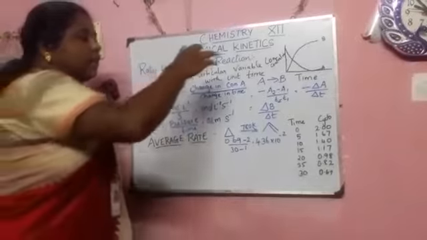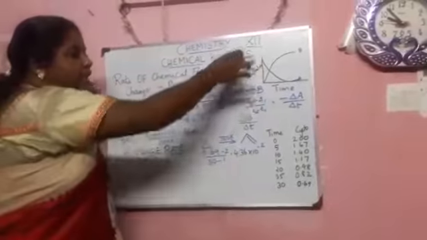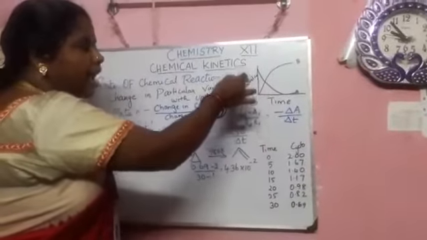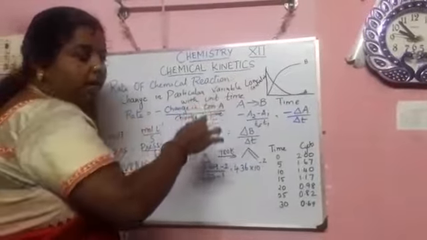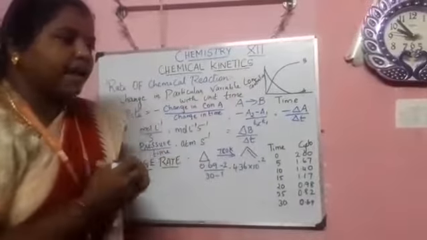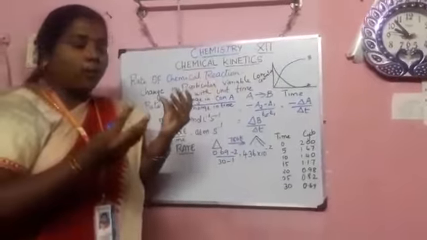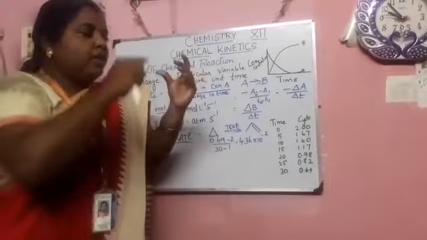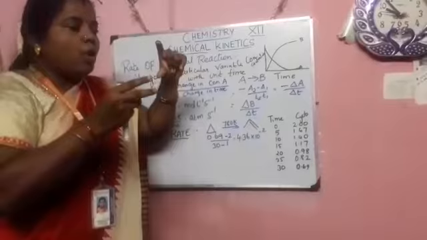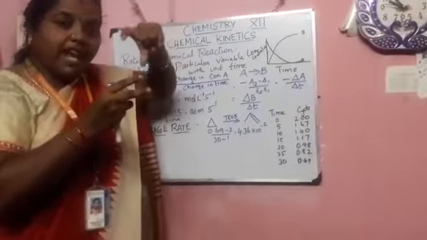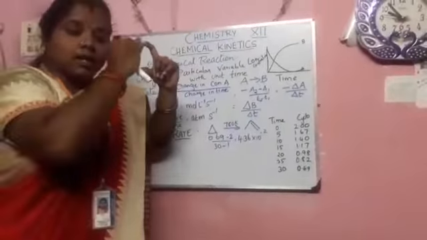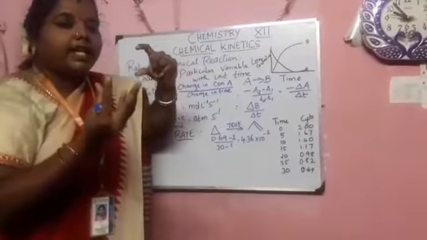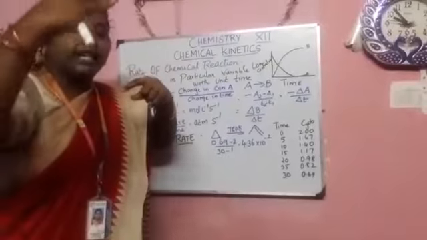Let's see the graphical representation. Here we have to plot the graph. On the x-axis it should be time and on the y-axis it should be concentration. For example, consider we have taken 2 cups, one is A, the other is B. Here A is filled with water. Slowly we transfer the water from A to B. What happened? In the cup A, the water level has decreased. Automatically in the cup B, the water level has increased, isn't it?